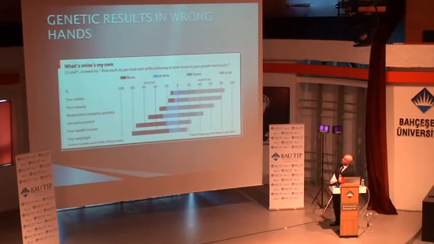So you see here, this was a questionnaire, a poll in the United States. Here is what they fear the most, where the genetic result can be mishandled. The least is the doctor, but the most is the employer, then the health insurance, then law enforcement. I'm not aware of the Turkish law, but I don't think it can be given to another third party as well.